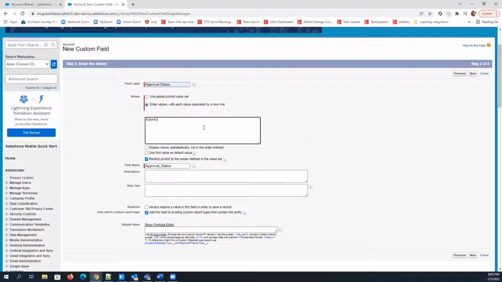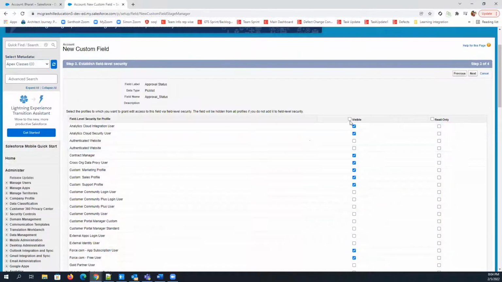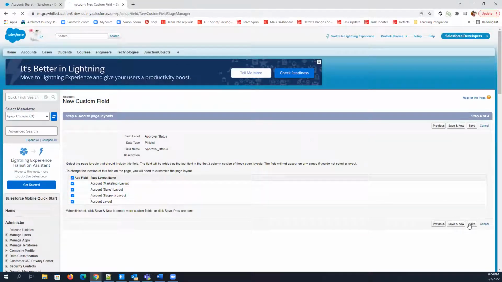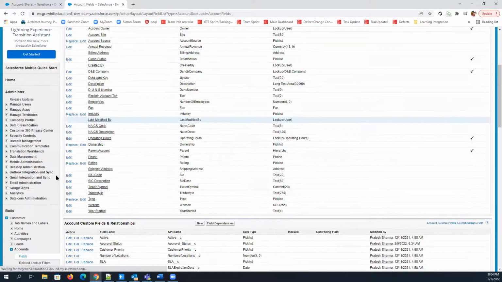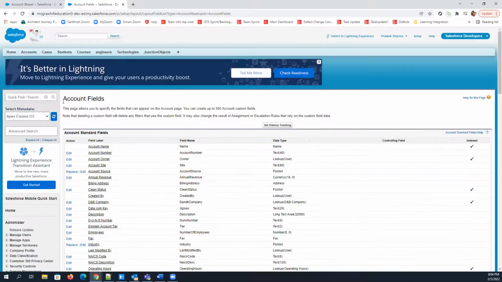Submit for approval. These are the three values I am taking. Next. Just created one field here. The field is created, and let's just create an approval process.